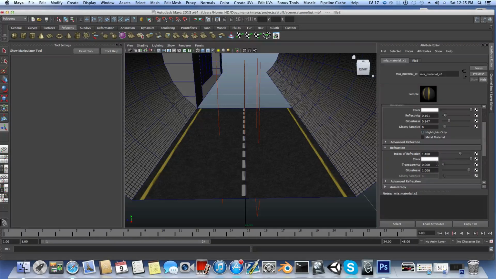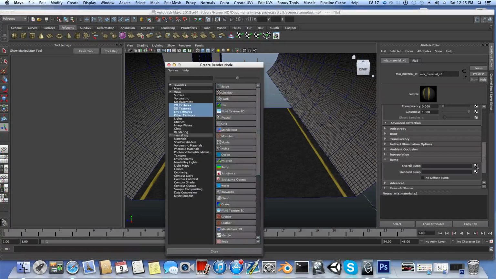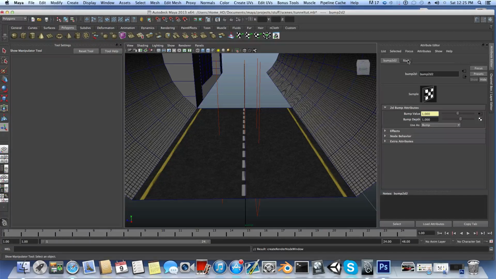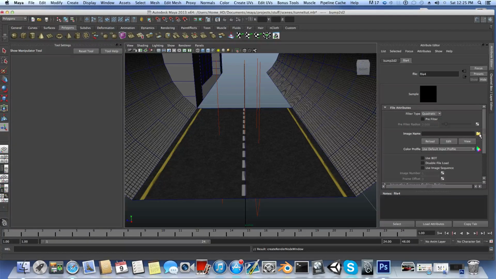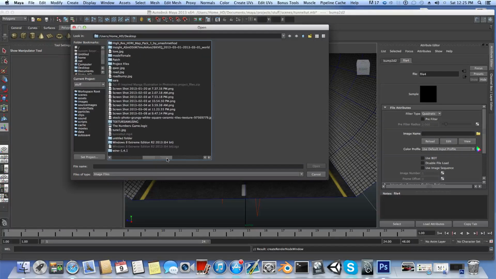Then go over to the bump section, expand it, and where it says overall bump, click on this checkered box and file, and switch to the file tab, and let's apply the bump map of the road. Okay, road bump,